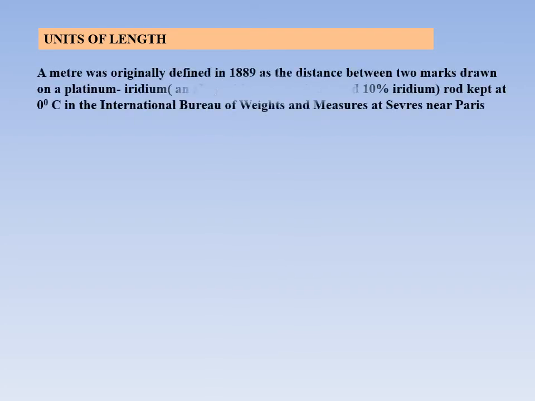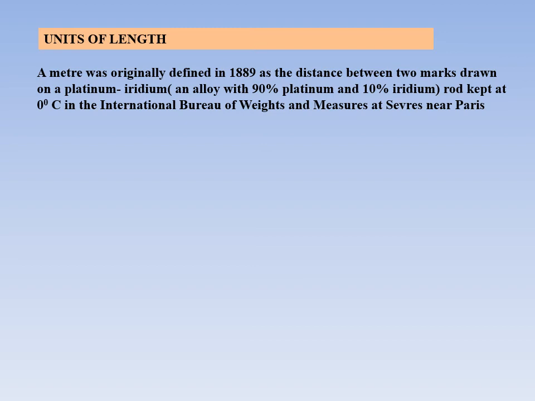Units of length. The SI unit of length is meter, which is denoted by the letter m. A meter was originally defined in 1889 as the distance between two marks drawn on a platinum-iridium rod, an alloy with 90% platinum and 10% iridium, kept at 0 degrees Celsius in the International Bureau of Weights and Measures at